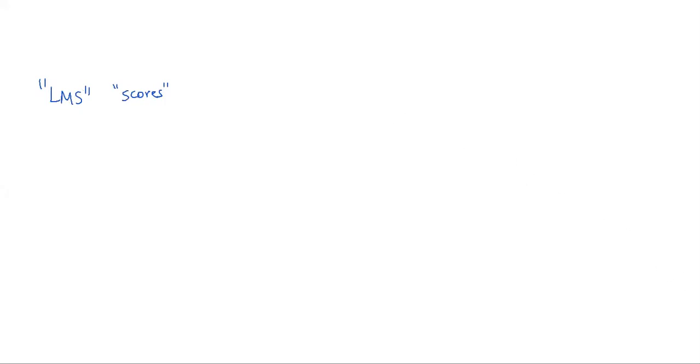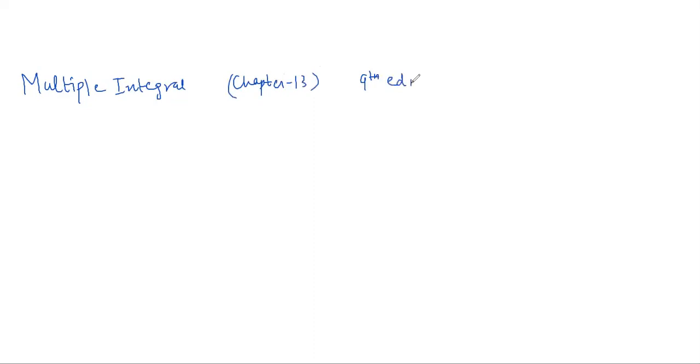Okay, so today we have to start the topic of the chapter of multiple integrals. This is chapter number 13 of your Thomas and Finney ninth edition book. Before introducing you to the multiple integral, let me recall the single integral, and specifically we are interested in definite integrals. If you are given a function of one variable x, and then you have to integrate